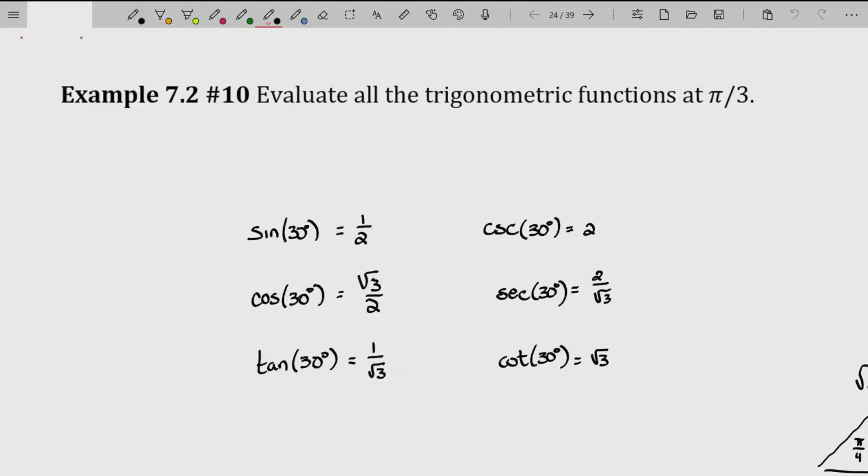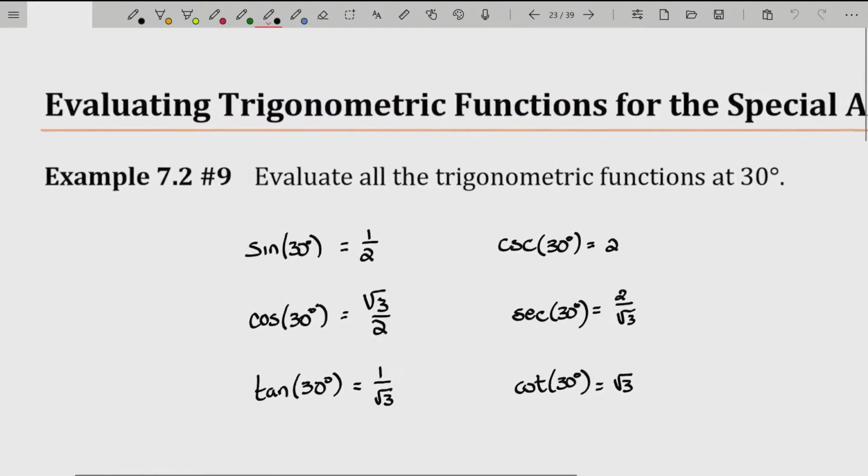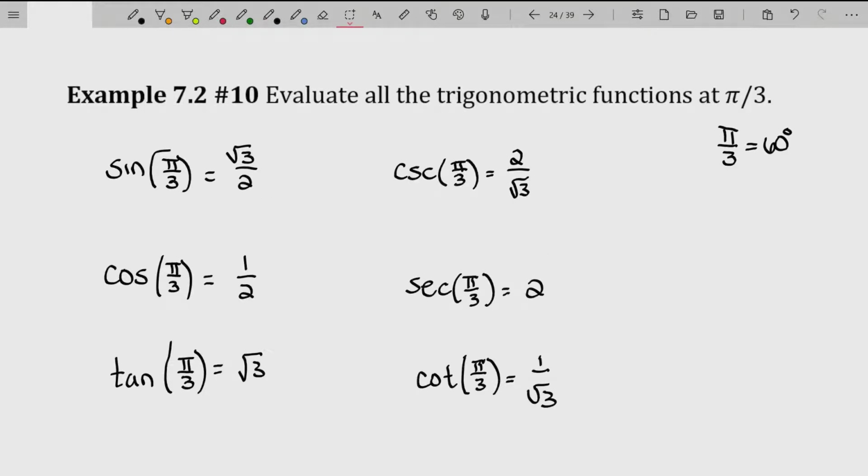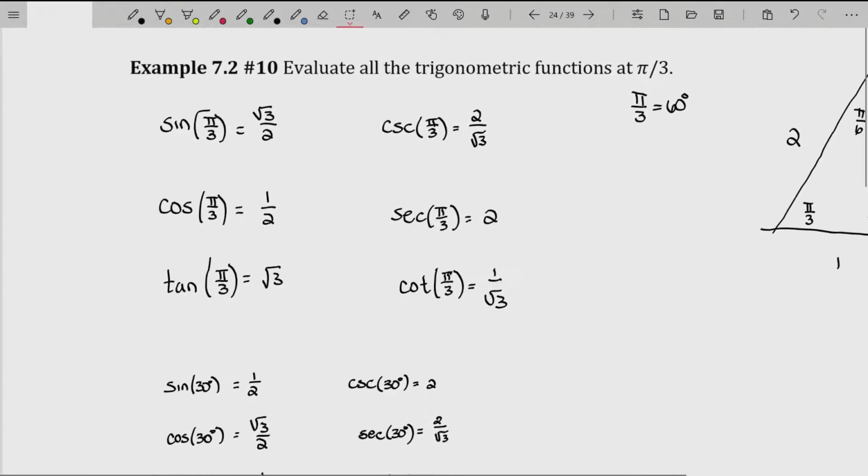Let me hop back and show you. Here are all the trig functions evaluated at 30 degrees. Notice the sine of 30 degrees is 1/2 and the cosine of 30 degrees is √3 over 2. Now we're back at the newest problem, and notice that the sine of 60 degrees is √3 over 2 and the cosine of 60 degrees is 1/2. Again, I wrote it down below